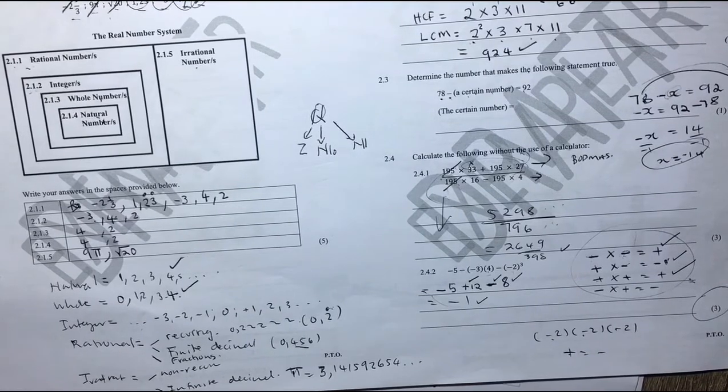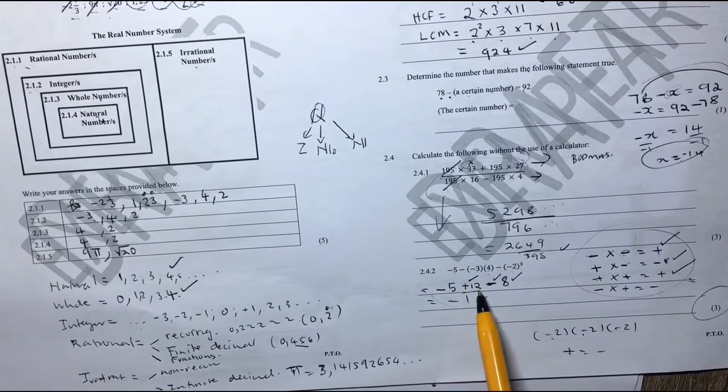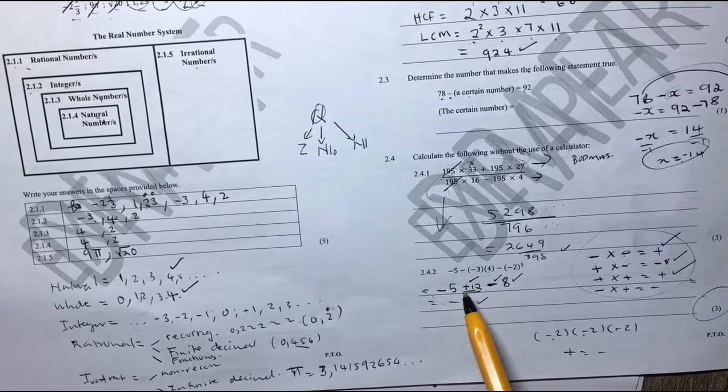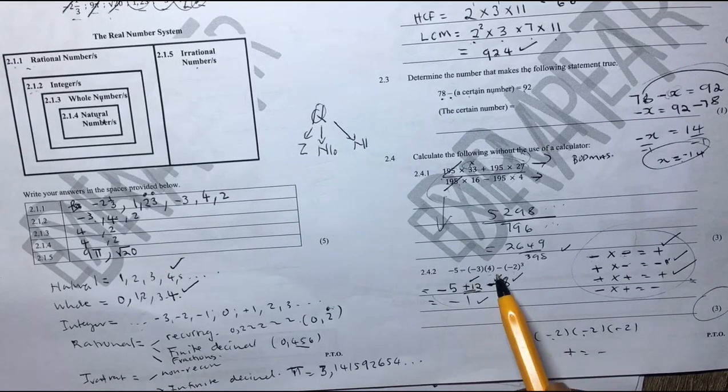You need to show them how you got the 12 is positive because a negative and a negative is a positive. 3 times 4 is 12. And